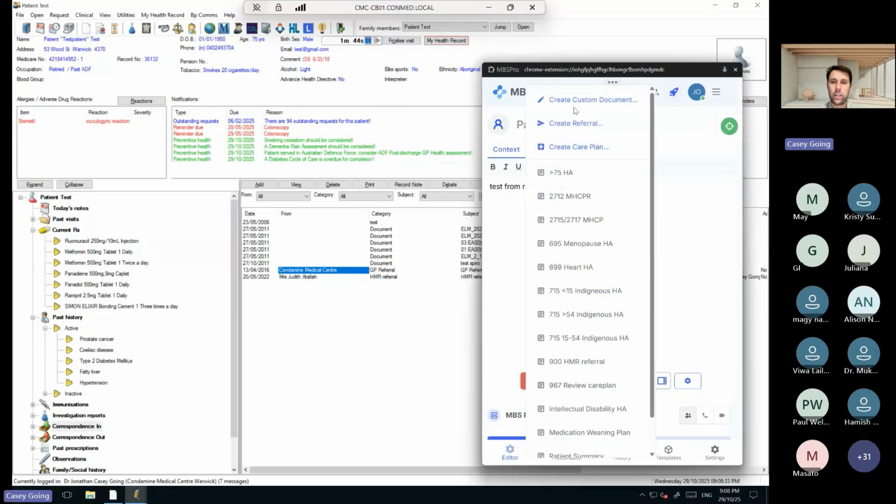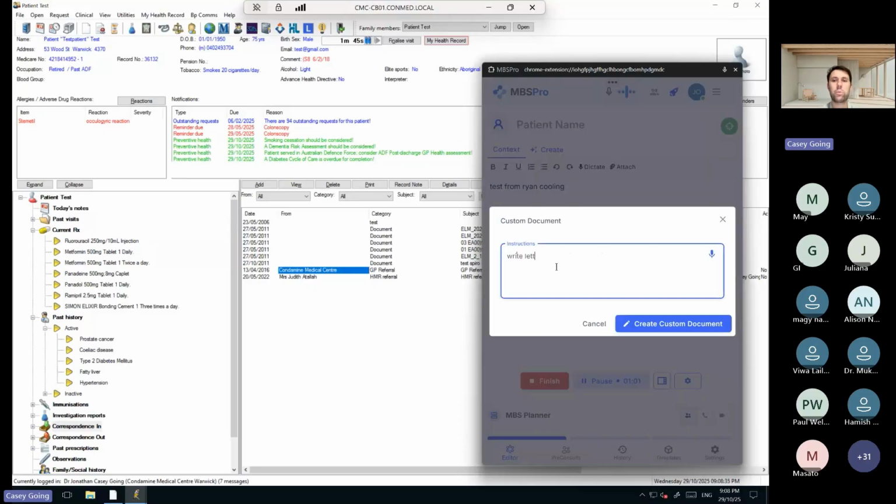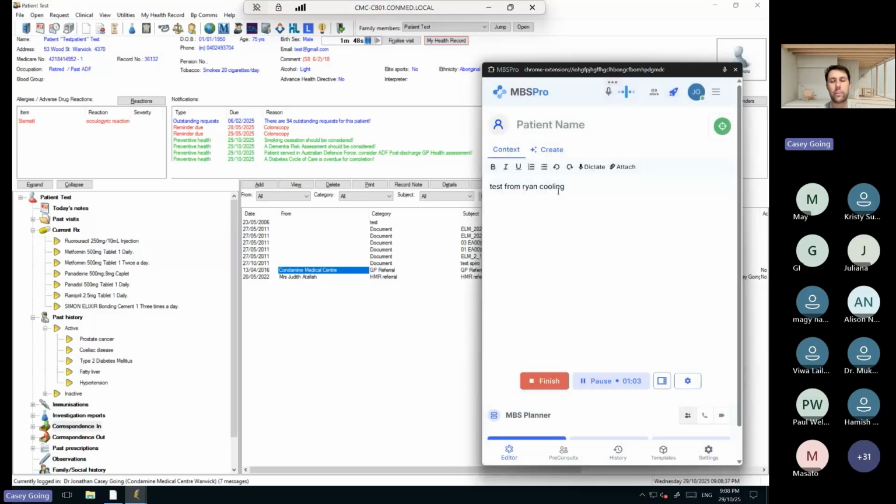I can go create, write a letter, and it will take into account the letter and everything you put in context, everything that's been said. It writes a letter for DSP or the pension or whatever else you need a letter for. I've been using that a ton. I wrote a letter in support of someone getting access to something through NDIS, and it writes a great letter for you, and it's really easy to do.